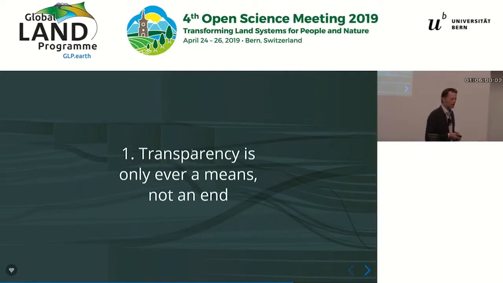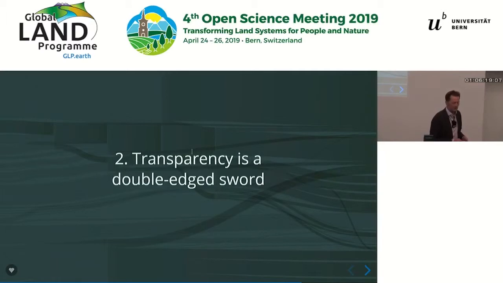And they're often overlooked. So transparency only ever is a means and not an end. And we need to, I think, repeat that mantra ad nauseam, because it often is the case, because it's easy to make things public. Companies, governments, other actors are rewarded quite quickly for making things transparent. And that can then slow down progress towards actually delivering implementation. Transparency is a double-edged sword. So I mentioned the example of the bubbles and that game in trying to get smaller bubbles and chasing down the bigger bubbles. This is a tricky balancing act.